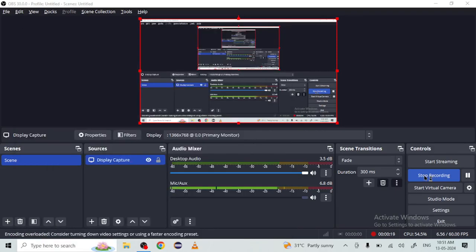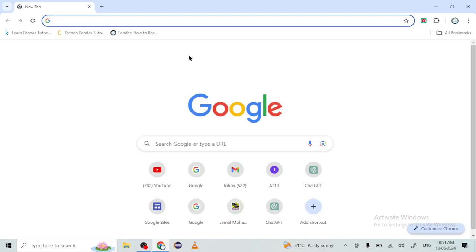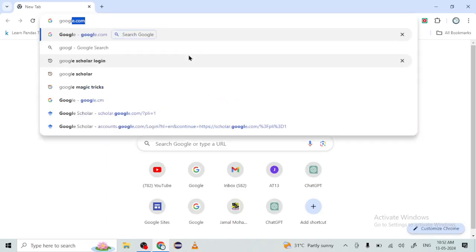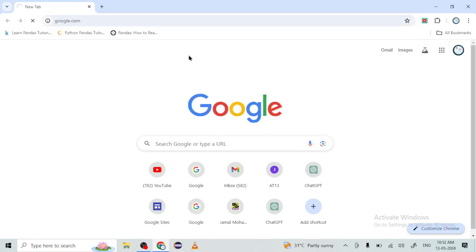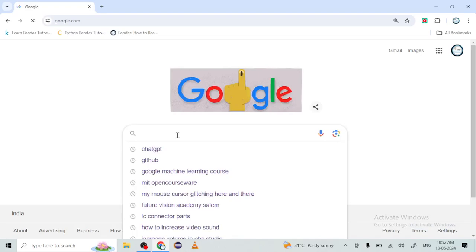In your start menu, open the Chrome browser. Then type google.com. In this, just type download